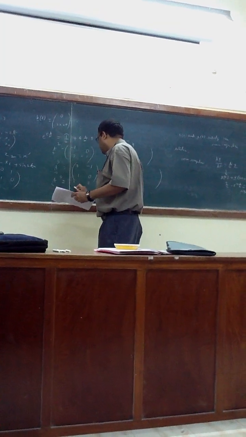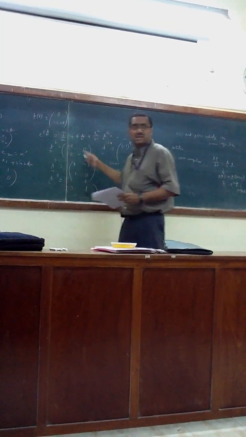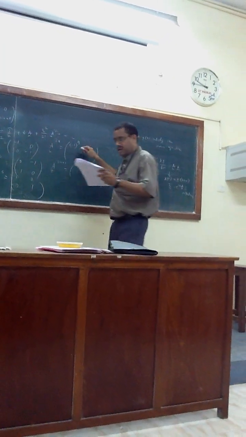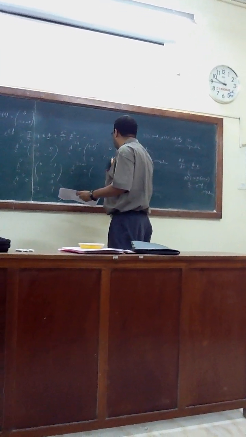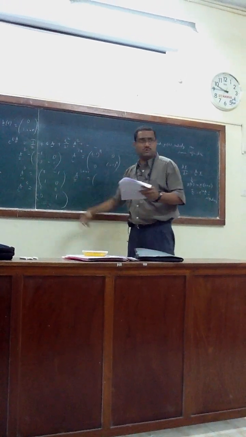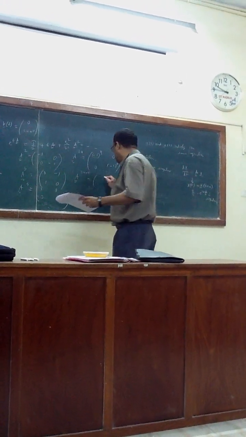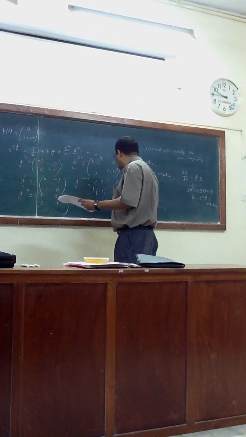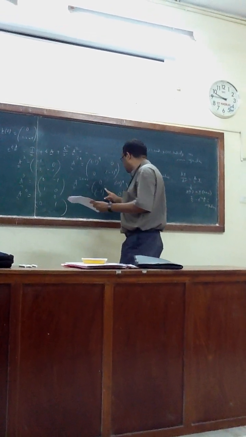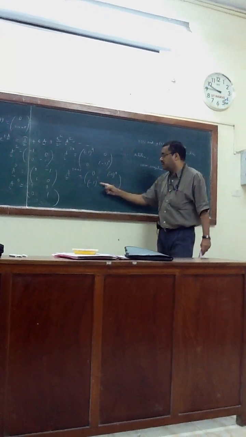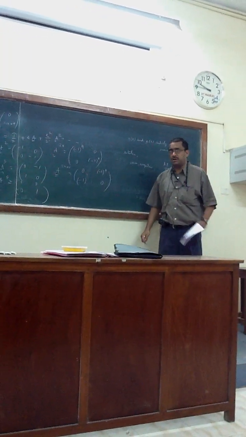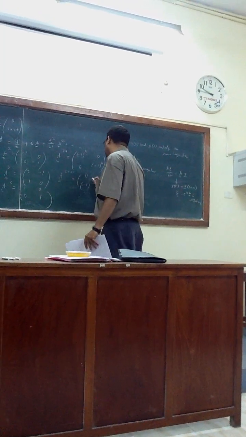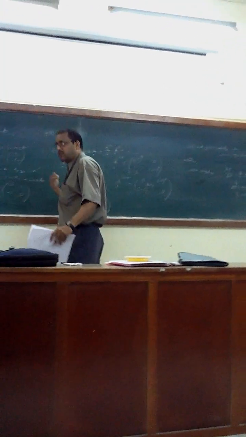1, 0, 0, 1, 0, 0. See, the sign is changing. That's why I am putting minus 1 to the power n. Okay. And 0, again 0 minus 1 to the power n. What will happen? Again the sign change will be there. It will be 2n plus 1. What will happen? 0 minus 1 to the power n. Check it out at home.